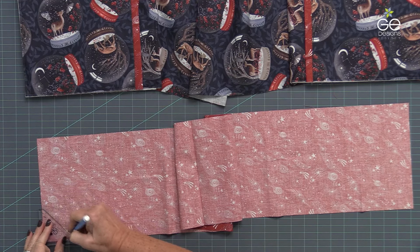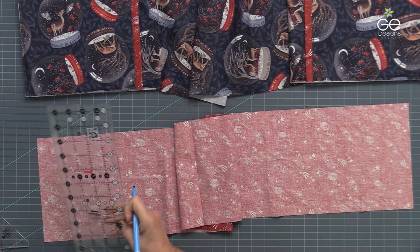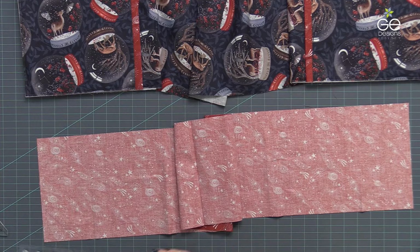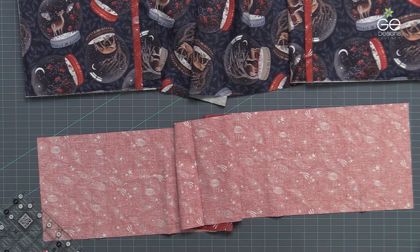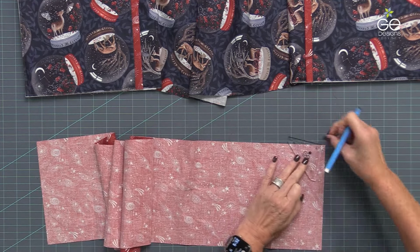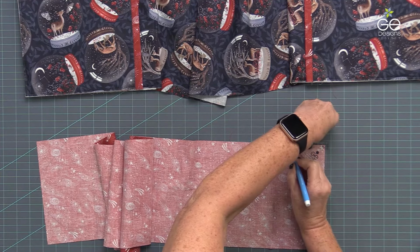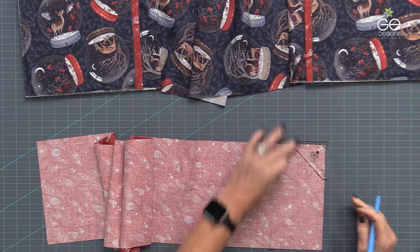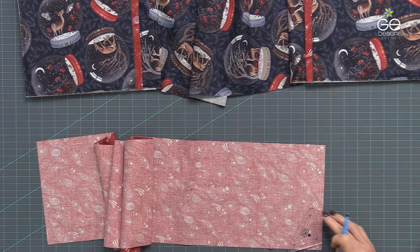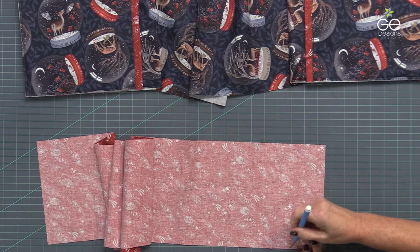So it can be any angle. If you don't have the trimmers, you can just use a regular ruler and mark. It's about 2.5 inches from the corners, and do a 90-degree angle, or a 45-degree angle, I was going to say, from corner to corner. But this is just handy if you have these around to grab. It has the perfect angle and perfect distance as well. So once you have that,